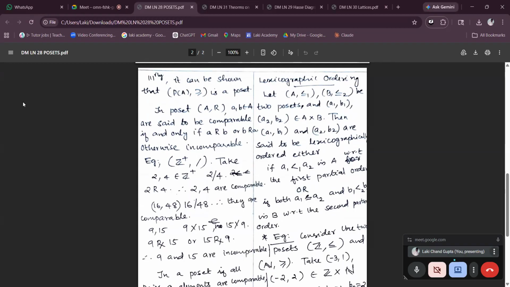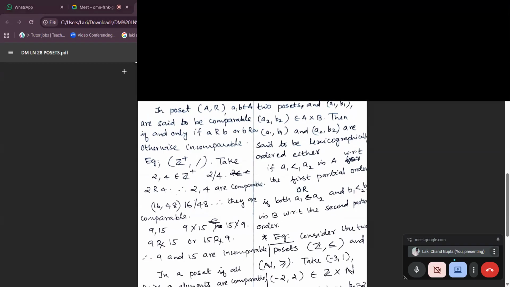Okay. Now one important thing. What is comparable and incomparable set? This is very important. So what is comparable? In a poset,